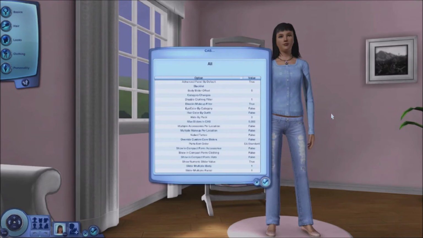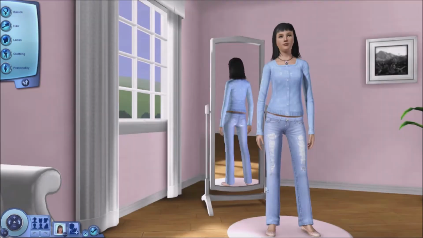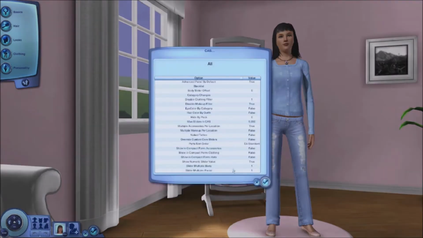So what this means is, let's say you want a sim to wear some stockings or some socks, and you also have custom tattoos installed, and they're using the same place module to be placed on the body. You can mark both at the same time. So I'm going to hit multiple accessories per location and allow that to be true. The moment that you do that, you can now have multiple accessories per location, which is a complete lifesaver if you ask me. Next, we are going to be moving on to multiple makeup